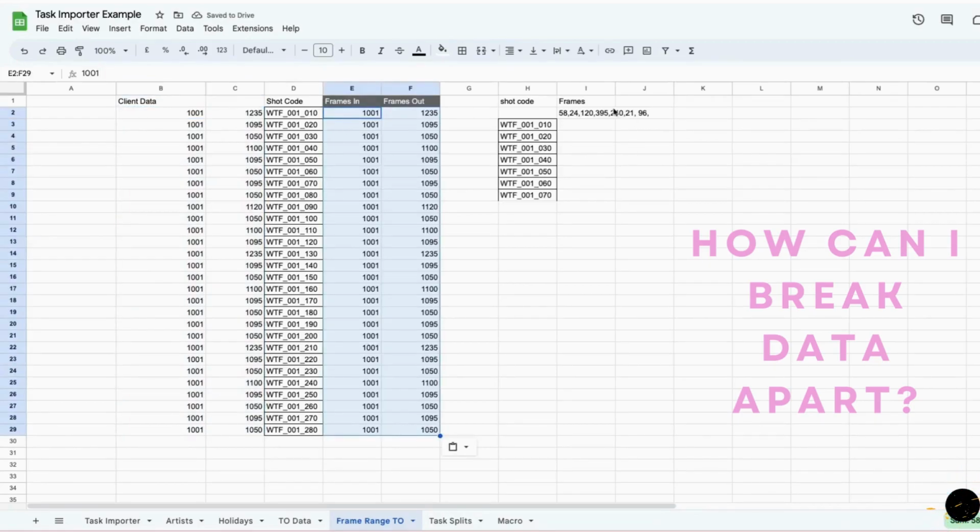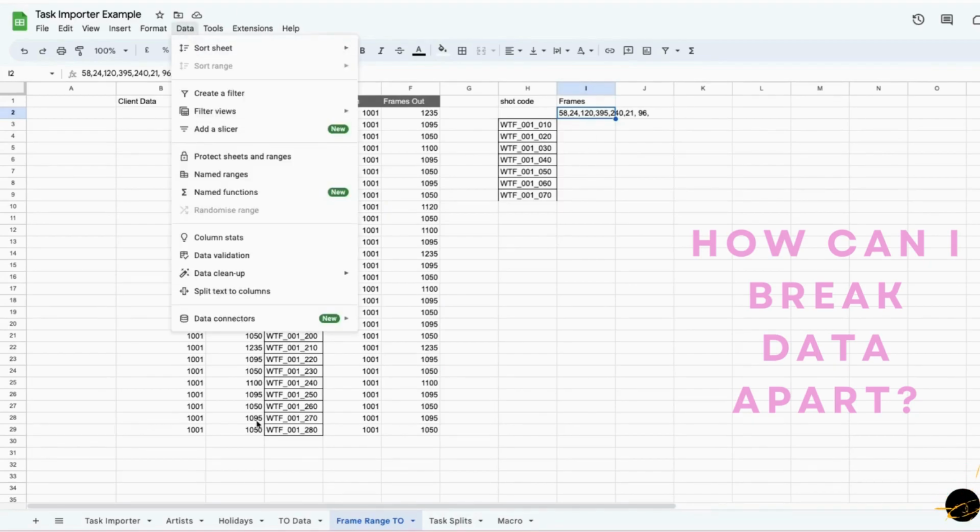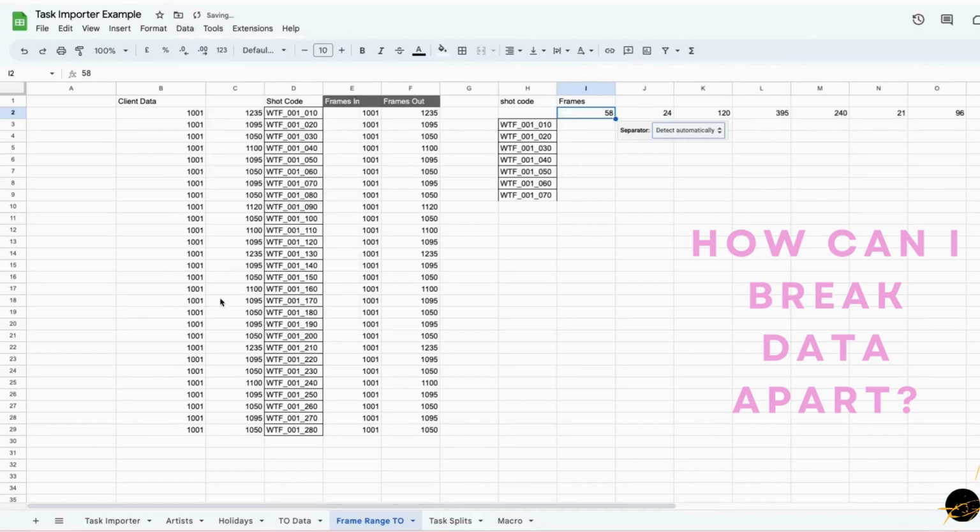Maybe someone's given you comma separated data. So again, we've got all of this information that we'd love to be using for these shots, but it's all comma separated. So again, we go Data, Split Text to Columns, and it's already just realized that. So the basic unit is comma separation for getting any of this sort of information separated, and it's done that for us already. And while that might not look amazingly helpful,